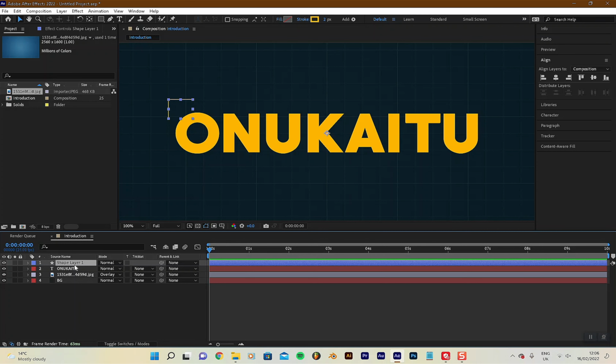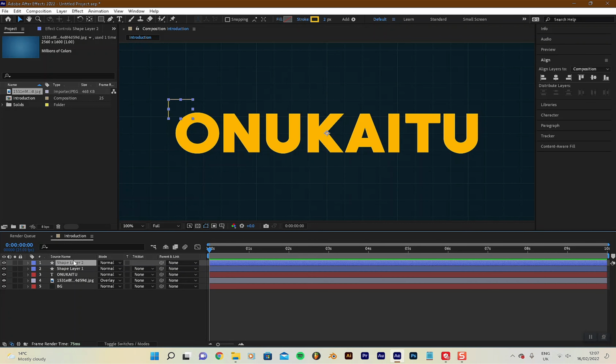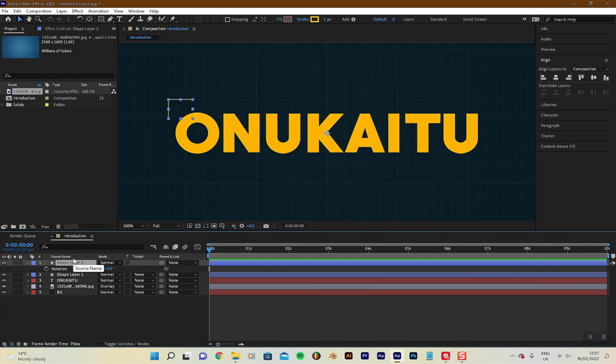So if you then hold down Control and press D to duplicate that, press R on your keyboard to bring up the rotation settings, and you want to make that 180. So that'll just bring that to the symmetrical side, basically. Yeah, so the bottom right corner. So now that you've got that,